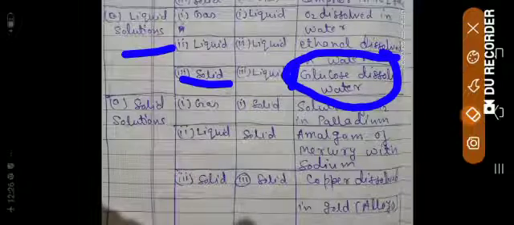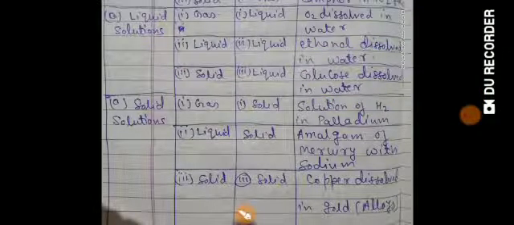These are the examples which can come in multiple choice questions of your board exam. So be careful, this table is not in vain. This is useful and it will come in your exam as well as for your basic knowledge of solution. So this is not a tough topic, so I'm not going to explain it more.